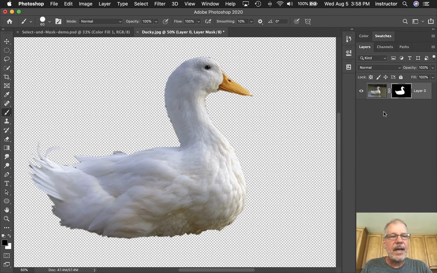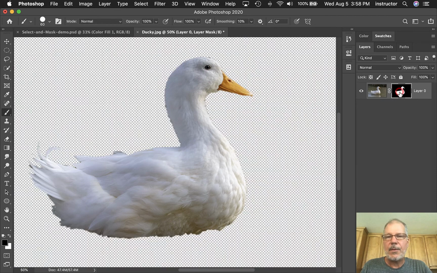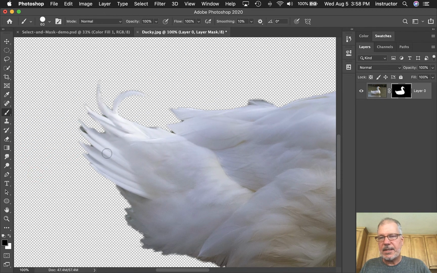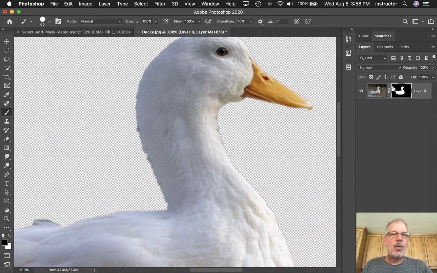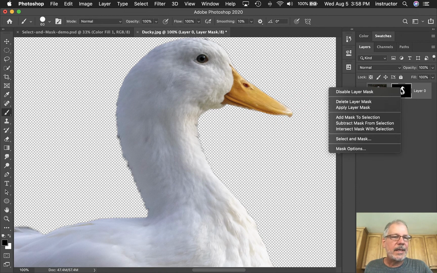So the other thing I can do is if I hold down Shift and click on the mask, it temporarily disables it, puts a red X through it, which is really cool looking, and then I can see the whole background so I can turn it on and off that way, right? So I want to come back and see if I can fix these little areas in the tail and some other stuff. So I'm going to go back into Select and Mask, and I can do that in a couple ways. I can right click on this, right click on that, and pick